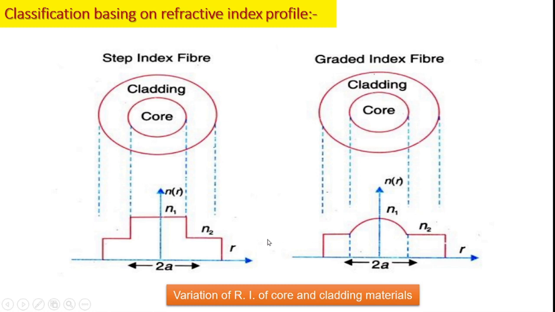This shows the variation of refractive index of core and cladding materials in both types of optical fiber. This shows the variation of refractive index in step index optical fiber. Here we can see that this part shows the refractive index of core. Here this is constant and its value is n1, and this part shows the cladding and its refractive index is n2, and n2 is also constant. And in graded index fiber this part is core and its refractive index is maximum at the axis, and